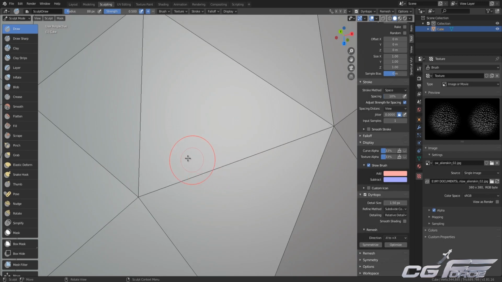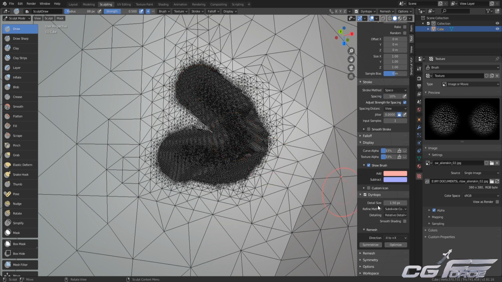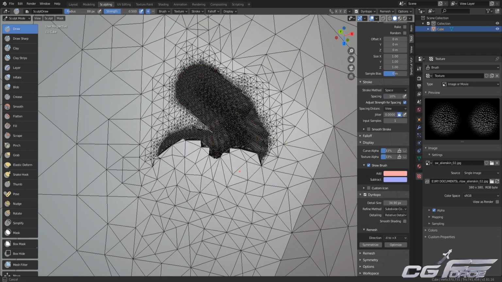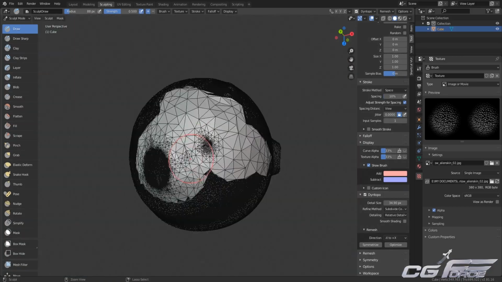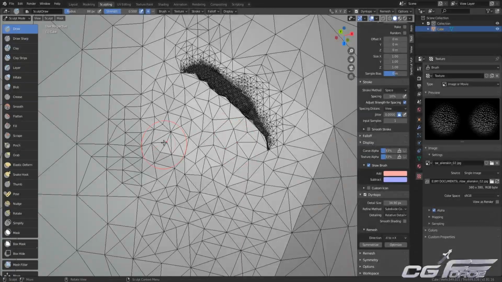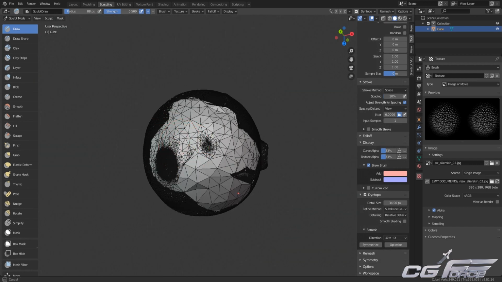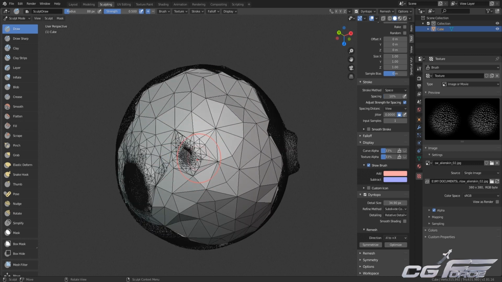Suppose I want to add these details from this distance, and now you can see I'm able to do that. And simply I can also do it from here, right? So now I'm able to add those details up to this level, right? So as I change my distance to here, now you can see I'm adding those vertices from this distance, and it's completely disrupting my topology. So it's very useful. Most of the artists like to work in relative detailing, and a few others use constant detailing,